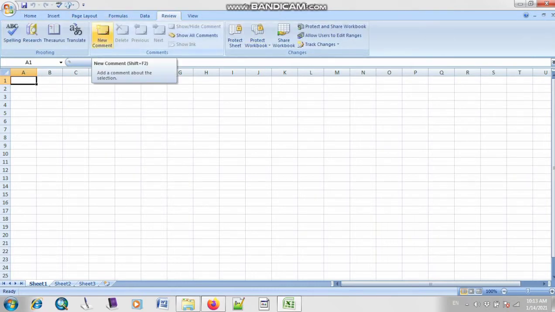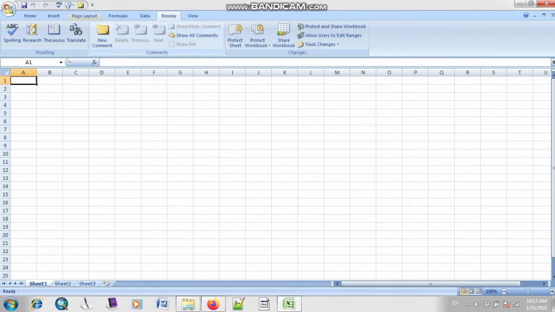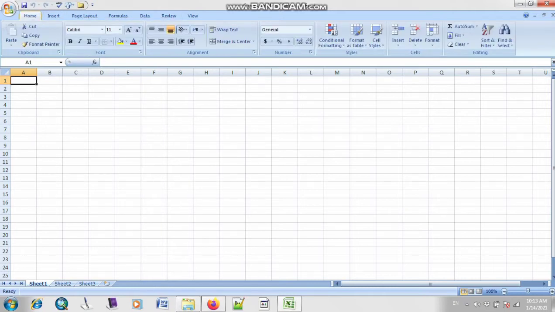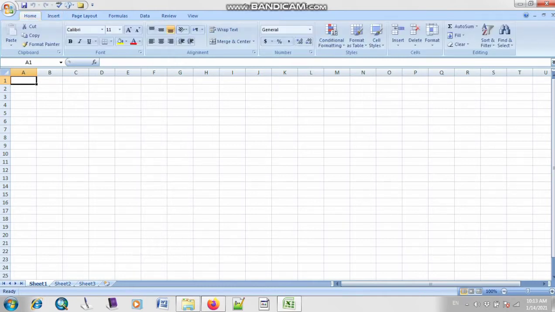For example, here I have an option of new comment. I will right click, and as you can see, there is this option of add to quick access toolbar. When I click on this option, it will automatically be added to your quick access toolbar. So basically, the quick access toolbar is used if you want to insert different icons on this bar, and you can use them whenever you want, so that you don't have to search different tabs to find where that icon is, and if you are in a hurry,